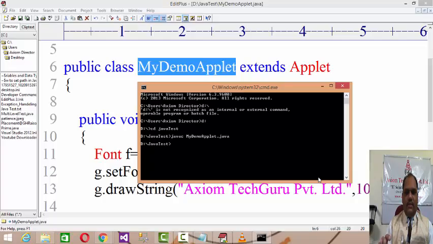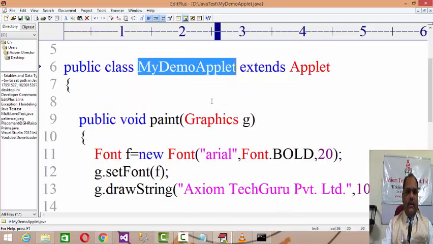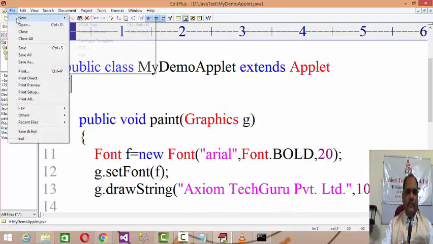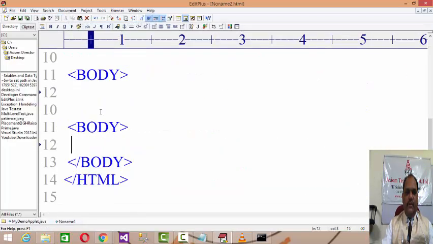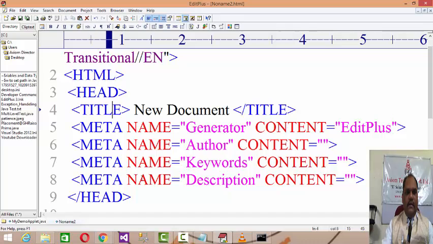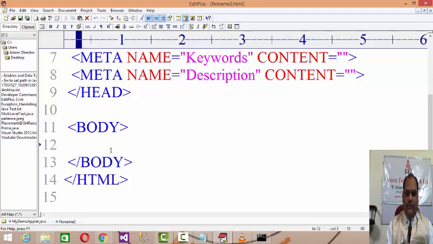and once the code is successfully compiled, up till now whatever programs you were testing, we were directly writing Java and running it. But as you know, that applet code doesn't contain a main method, so it will not run by java. So what you need to do is create a new HTML page. HTML consists of the html, head and body tags, a little bit of HTML tags we are using. Now straight in the body, I will be using a tag, applet.